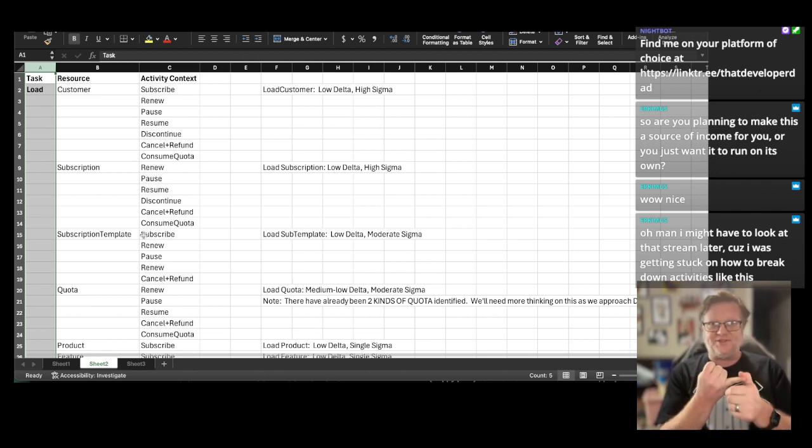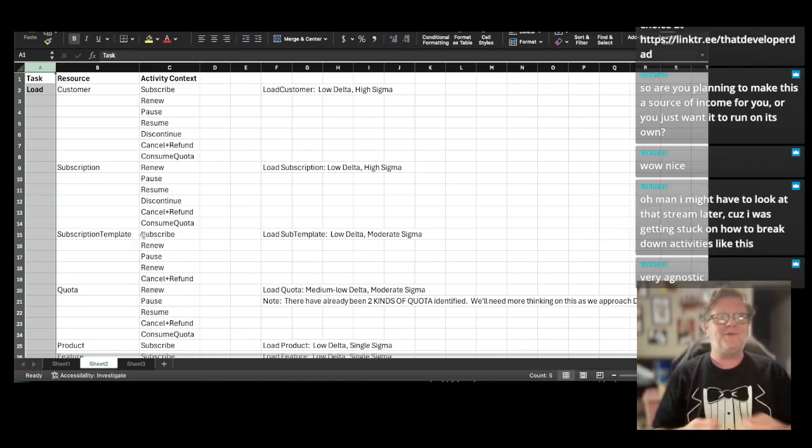It could be a file system. It could be a database. It could be a third-party API. It could be one, two, or more of those things. Yes, I'm purposefully remaining very agnostic right now, very mindful, very demure,